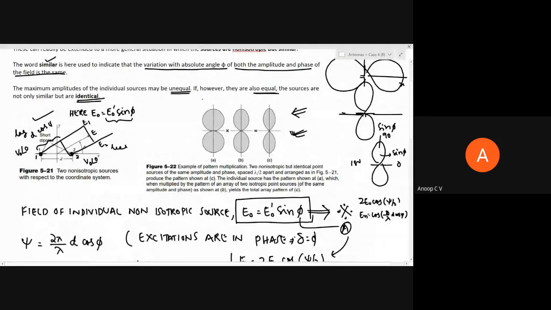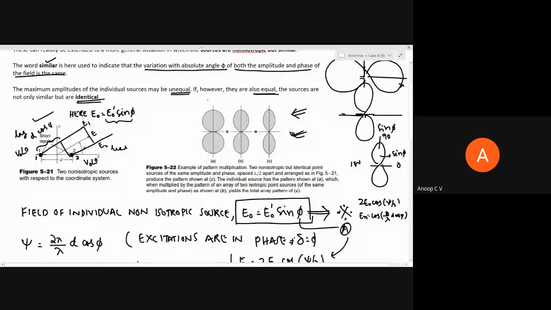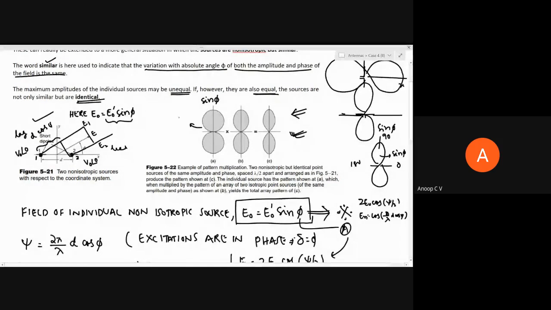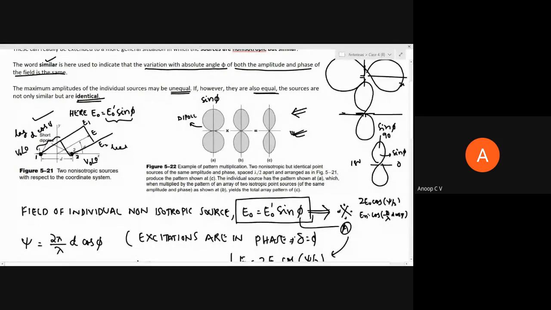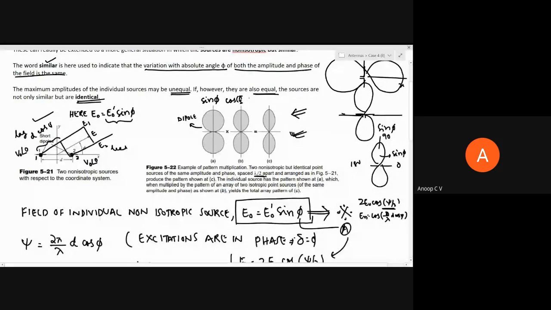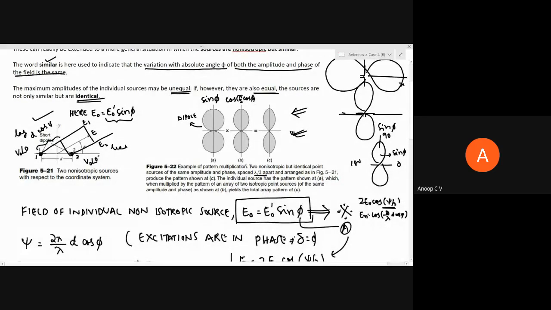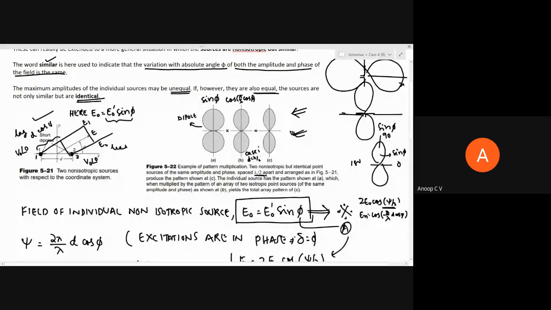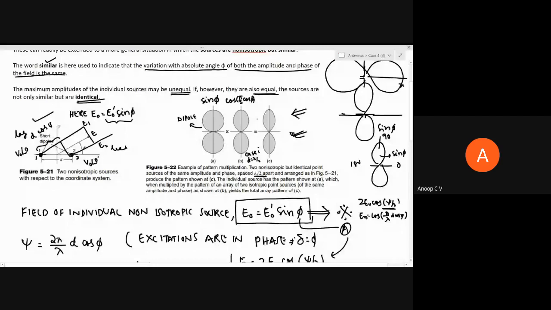This is actually the sine phi pattern. This is sine phi. This is due to individual array element. This is of dipole, right? This is of this dipole, and this is right for lambda by 2. For lambda by 2, this array of isotropic point sources will reduce to, I'll write here, cos of pi by 2 times cos phi. This is actually what case 1 for lambda by 2. I'll write here, it is case 1 for distance equal to lambda by 2, that is cos of pi by 2 cos phi. The resultant field, you can see, it is given by this.